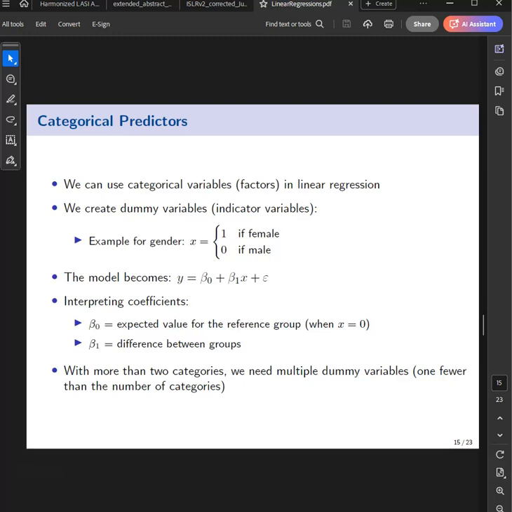So far, we have focused on continuous predictors, but we also often deal with another type of predictors called categorical variables like gender, product type, region. Linear regressions can handle these too through a technique called dummy variables. With dummy variables, we convert these categories into zeros and ones. For example, for gender, we might create a variable that equals 1 if the person is female, 0